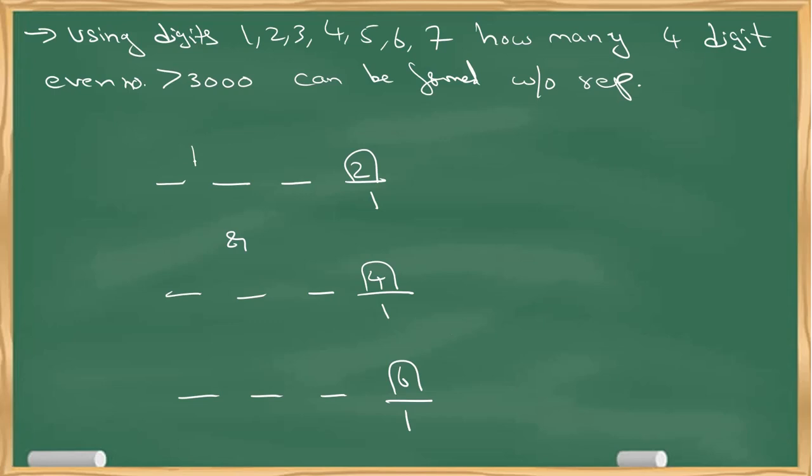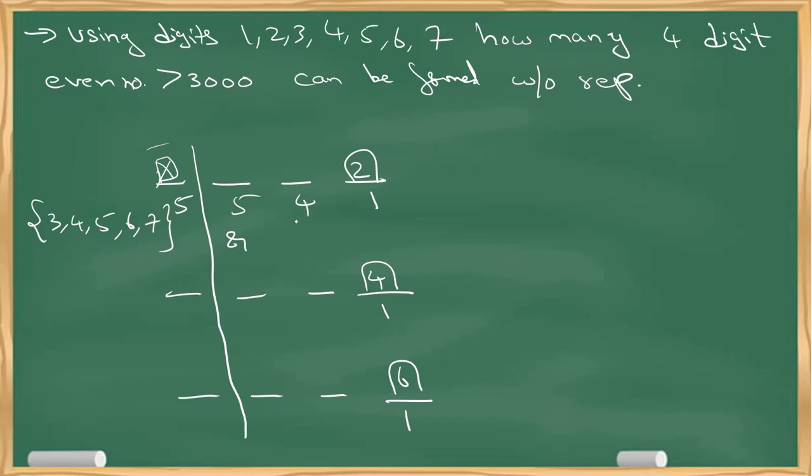So one condition is satisfied. Now come back to the remaining condition. What is that? It has to be greater than 3000. So 3, 4, 5, 6 and 7. So how many possibilities? 2 is gone, so 5. So 2 digits gone out of 7, so 5, 4. Done. Now if you take here, 4 is there. Can I use 4 again? Not required. So how many possibilities? 4. No condition for these two. So again it has to be 5, 4.